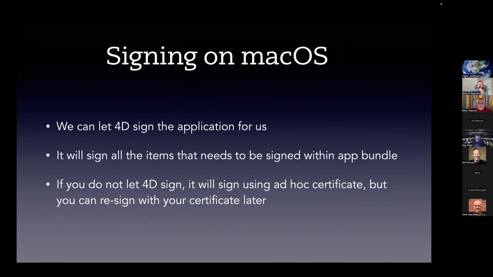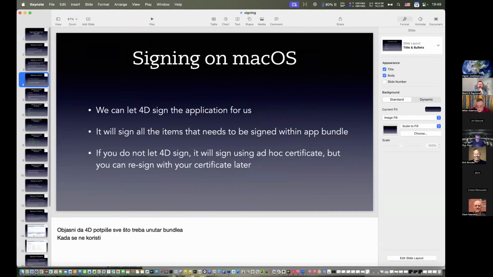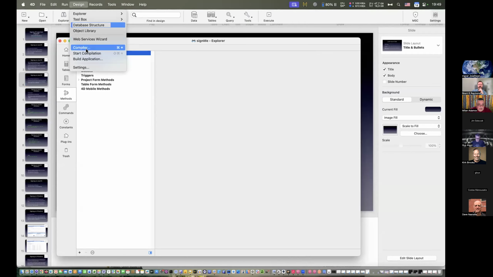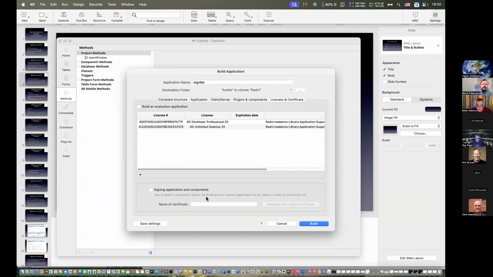Let me just show you the build process so you will remember. This is what I'm speaking about. When you go to this pane, if you don't click here, 4D will do an ad hoc signing.